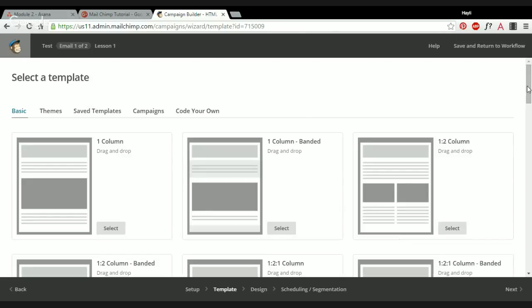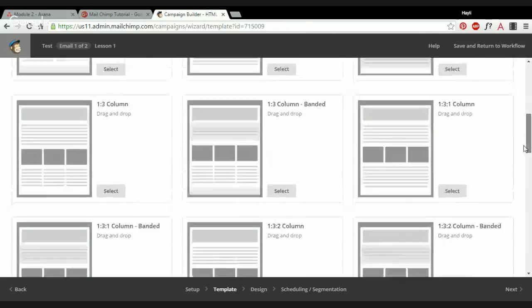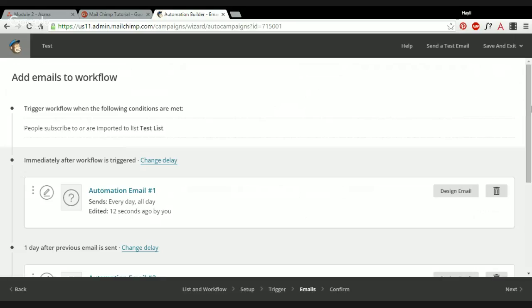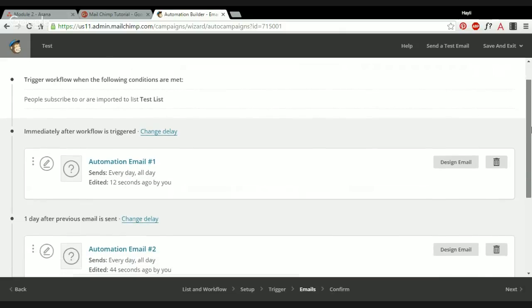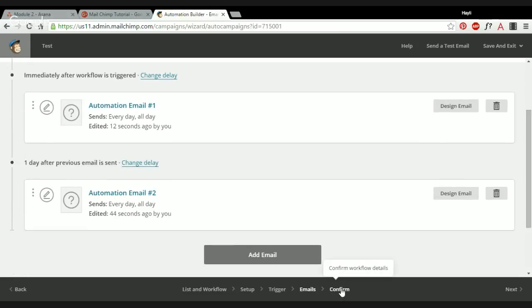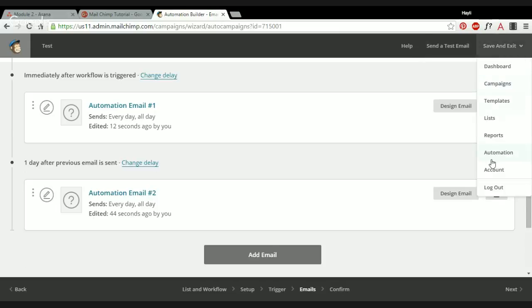And I'm not going to walk all the way through this again because it's literally exactly the same. So we're just going to save it and return to the workflow. The only difference is you're just pre-making these and setting them up in a certain order. And then you're just going to confirm it when it's all done, and it's absolutely no different than setting up a regular campaign,